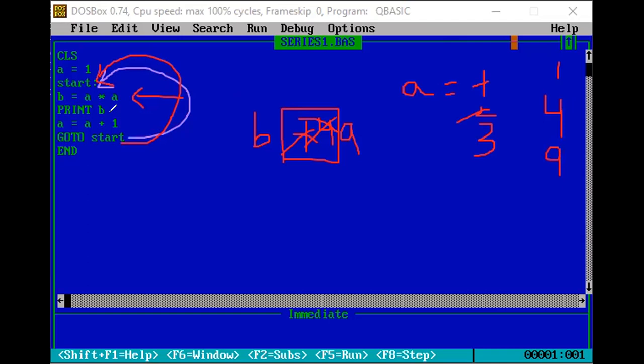A is equal to A plus 1. 3 plus 1 it becomes 4. Then 4 4s are 16. Then A will become 5. 5 5s are 25. Then 6 6s are 36. Then 7 7s are 49. Then it will keep going on.